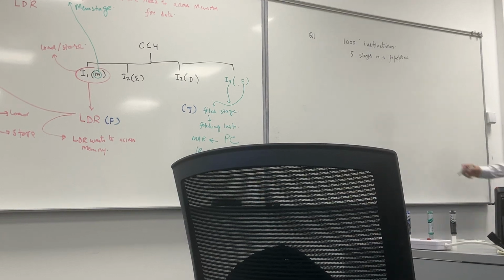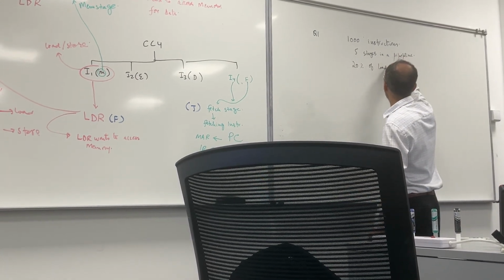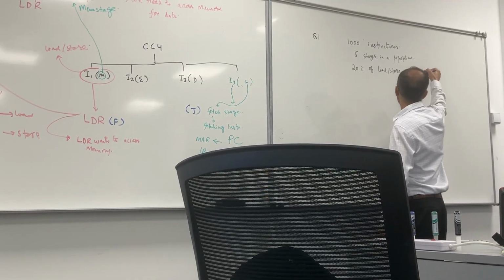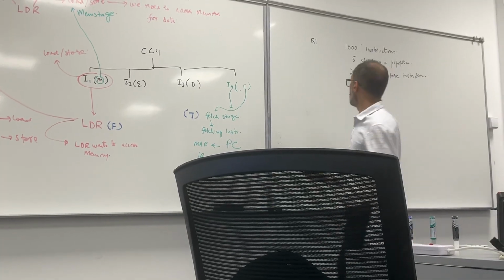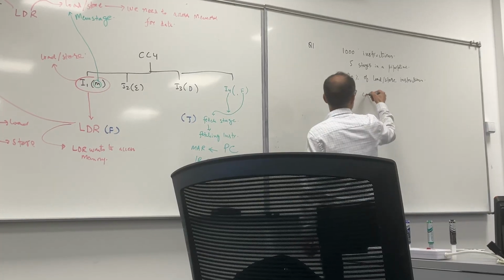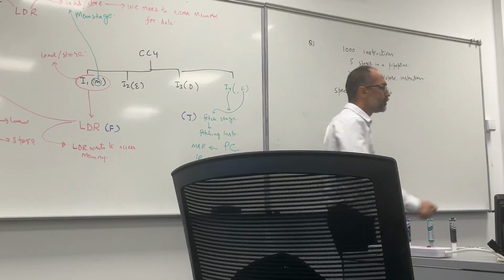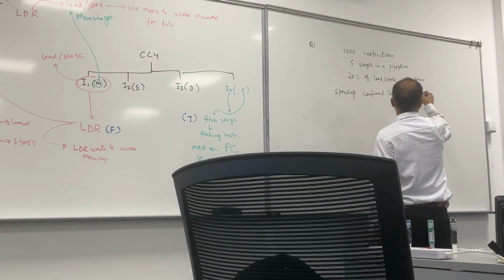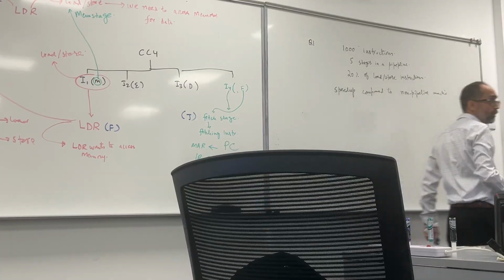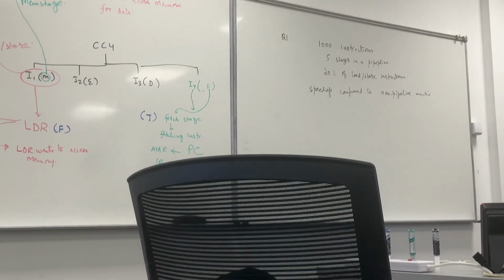There are 20% load and store instructions. What will be the speed up compared to a non-pipeline machine? Your time starts from now. Please try to solve it and please show me your answer, because the reason is